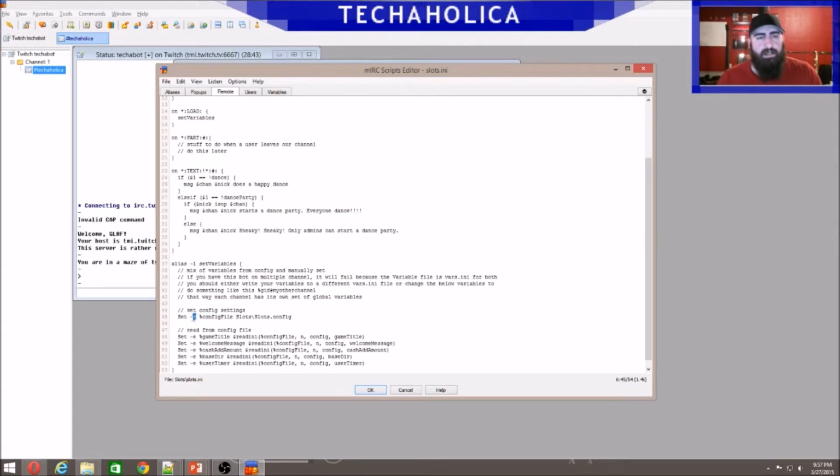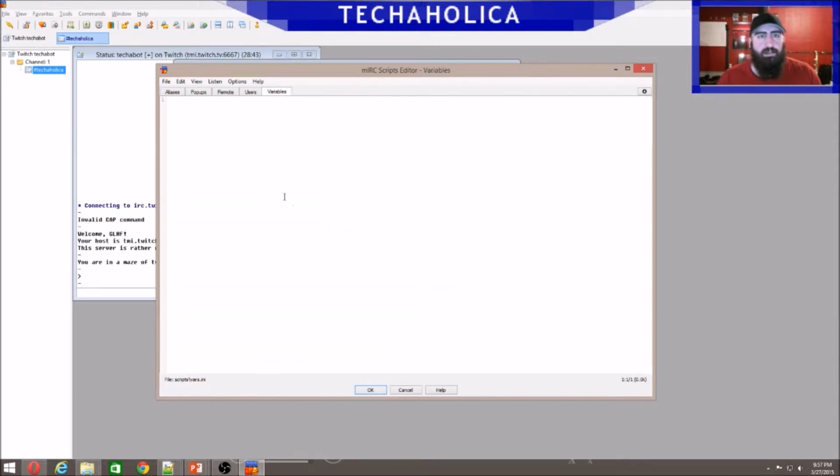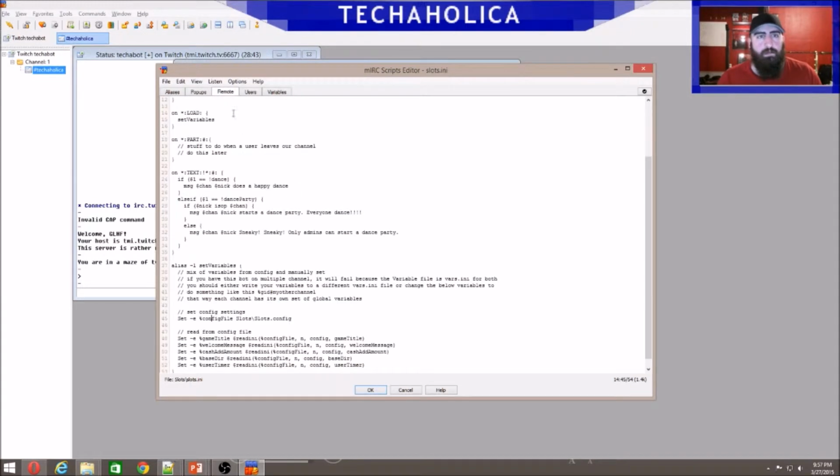And this -e, I think, just means it's like a cleanup thing. So whenever it exits, it's going to clean out all these variables so that they're not still in your variables directory. And when you set these, they're going to end up here in this variables tab, right? So you should see them when we run it. You should see the variables in here, which is also why I mentioned here that